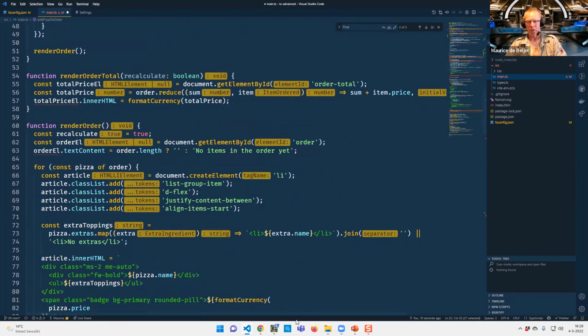Other ways we can fix things. Like over here, it says, well, this, actually, we do the first one. Over here, it says that total price element is possibly null. Before it was typed as an HTML element. Now it says, well, it's an HTML element or null, which makes sense because over here I'm doing a